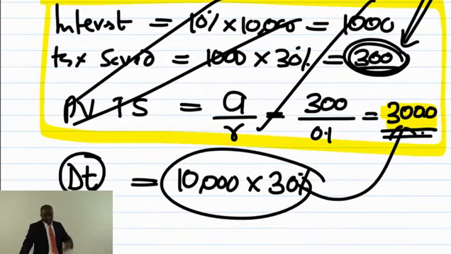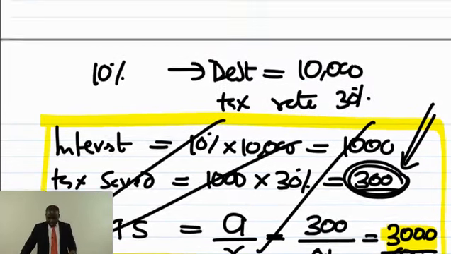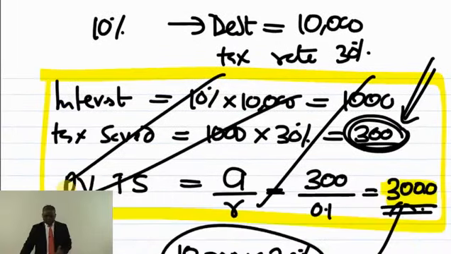The DT is the present value of the tax you saved on the interest, because interest is a tax allowable expense. So let's go back. When the debt is irredeemable, don't waste time to go and do what I have done. All you have to do is just multiply D by the tax rate, and you go away. Unless the debt is not assumed to be irredeemable, which we will see in other examples.